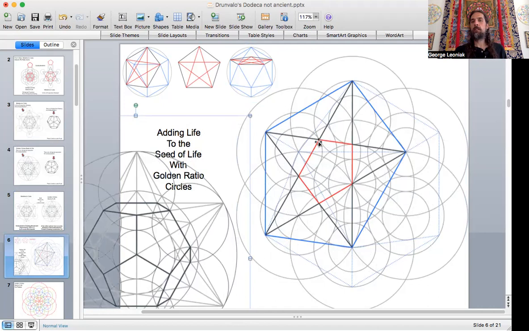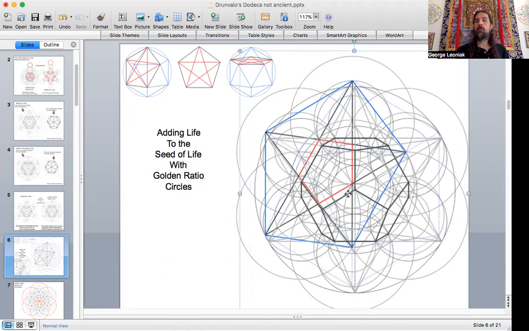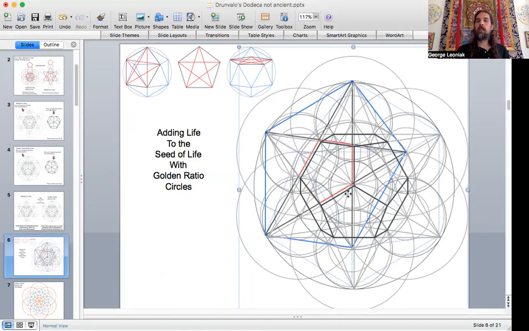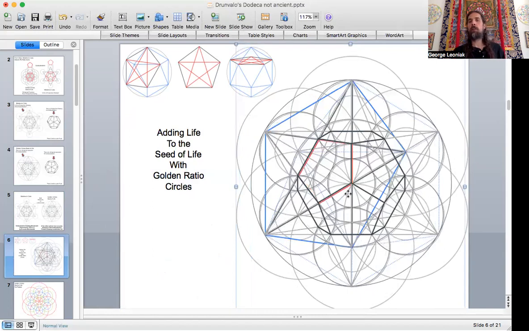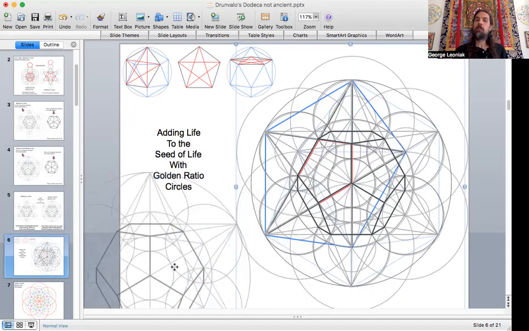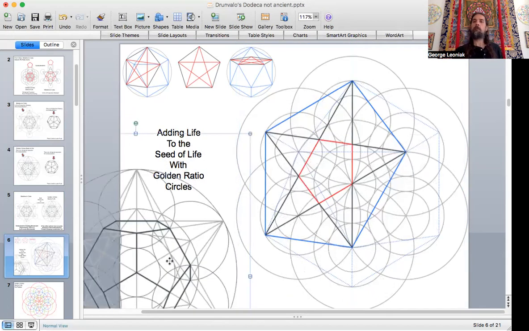And the reason I wanted to illustrate that is that when you do your 5-pointed star inside the icosahedron, because the inside of the icosahedron basically has 5-pointed stars that are inside those pentagons, when you make that 5-pointed star, what happens here is you create the face of the dodecahedron. So that's why I had this on here before, just to show you that this dodecahedron is created through that process.